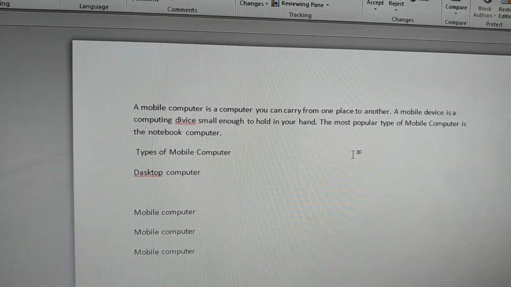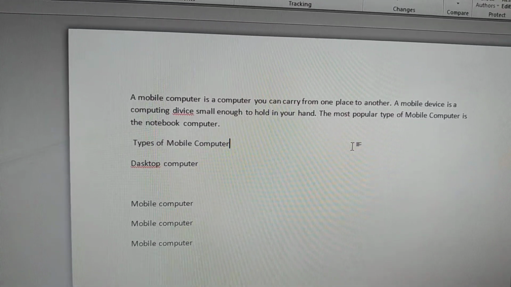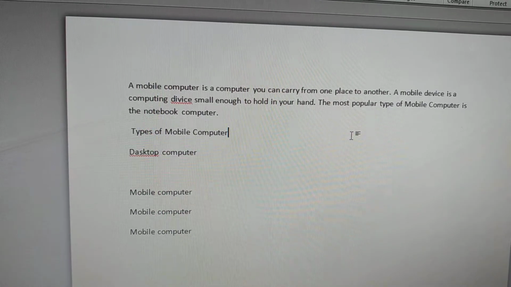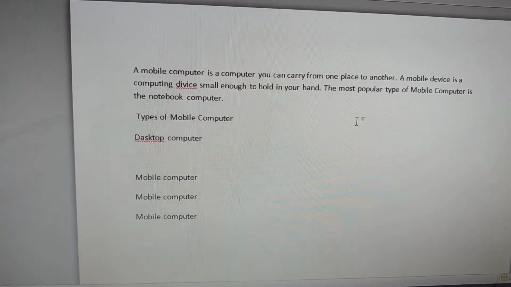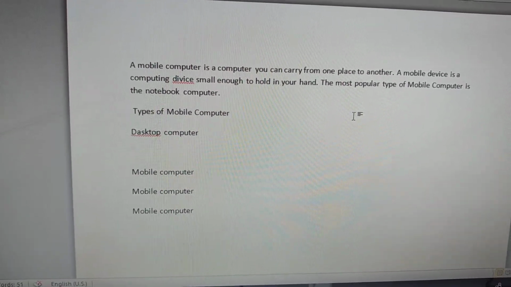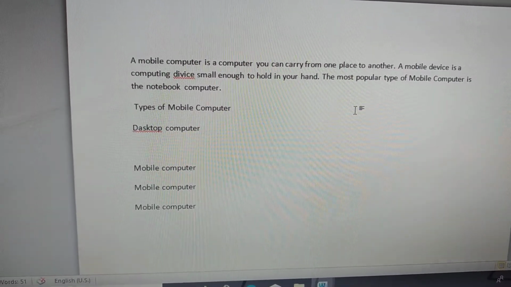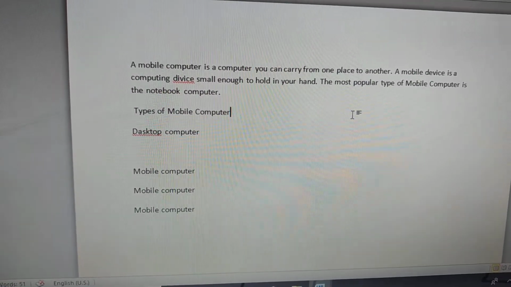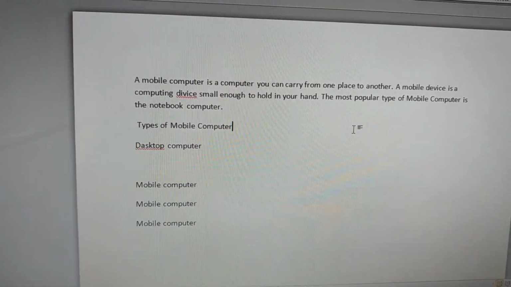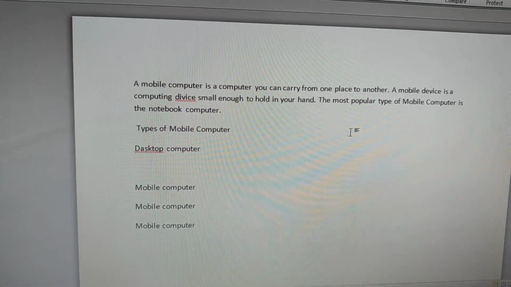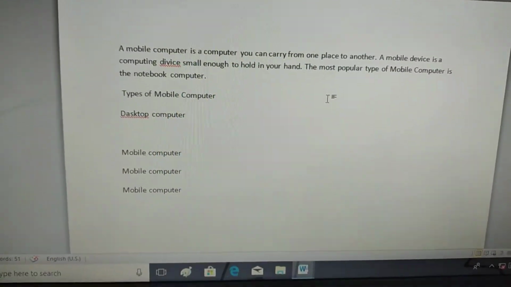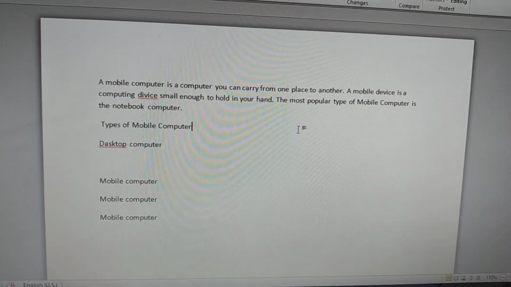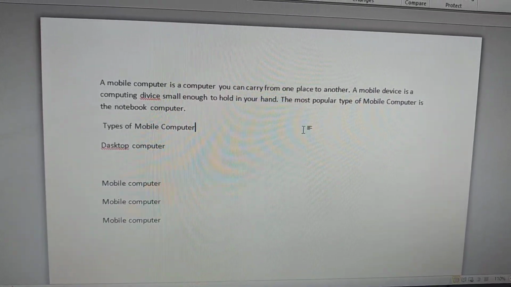So what Microsoft Word will do, Microsoft Word will underline the wrong words with a red line. So the red wavy line shows the spelling mistakes, and there are also green lines, beta. Green lines mean grammatical mistakes. Again I am telling you, there are two checks, spelling and grammar check. The wrongly spelled words are underlined with red color, and grammatical mistakes are underlined with green color. So students, I have written here on the mobile computer and the two spellings are wrong.